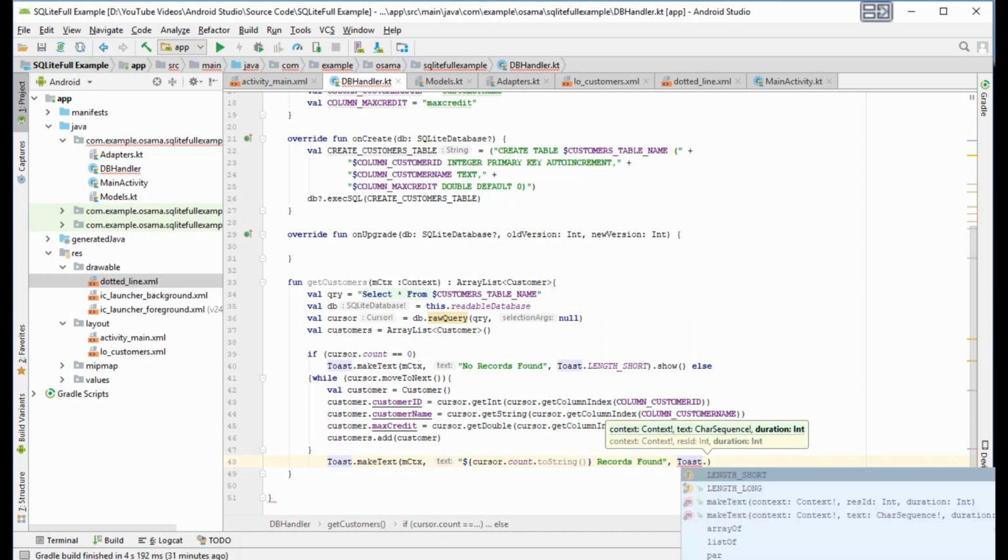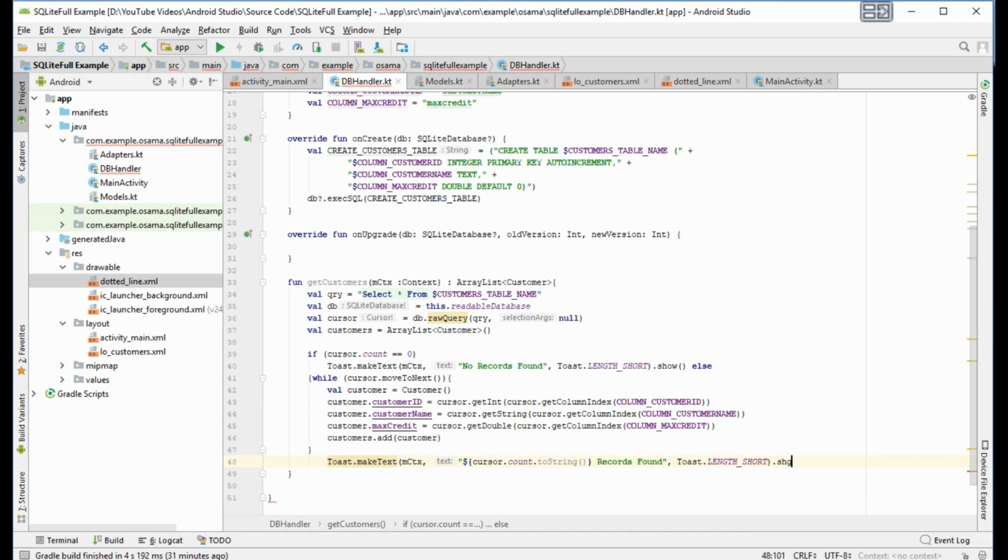Toast dot short dot show. Here we give it the number of records. This is the end of the while statement. No, this is the end of the make text. Okay, this is the end of the while.